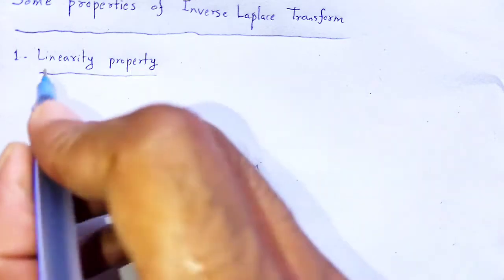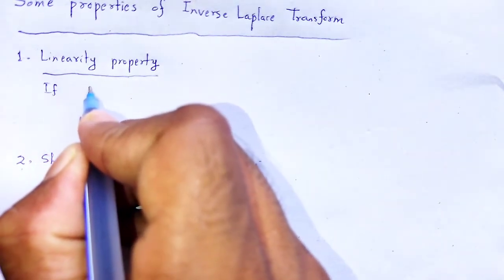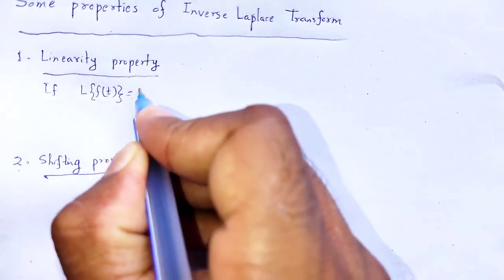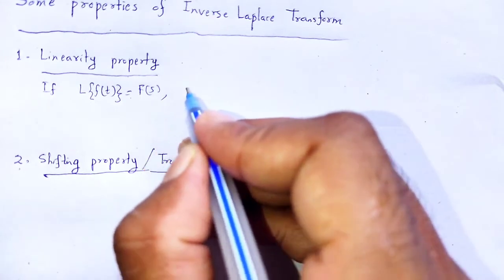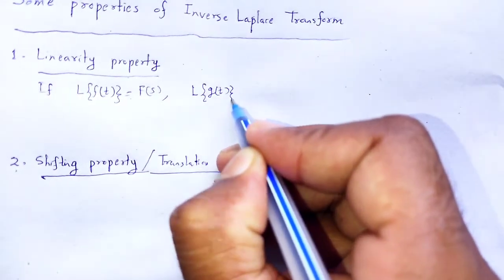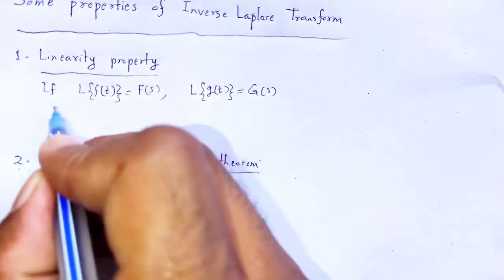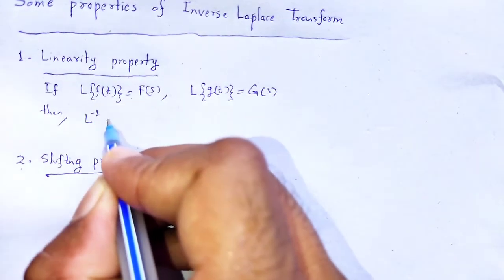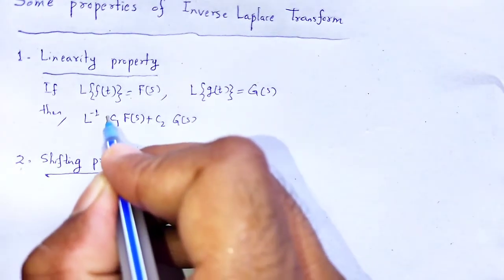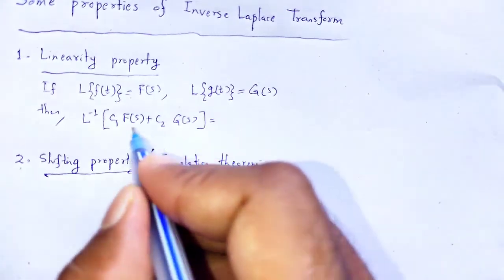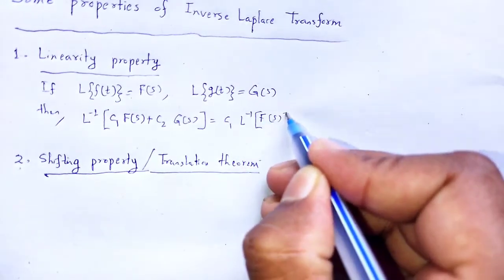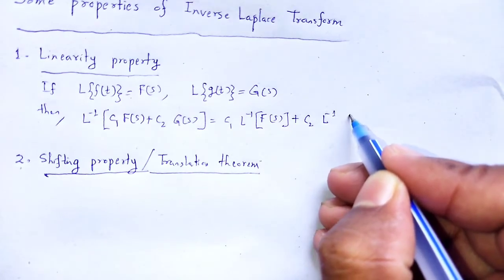First, linearity property. If f of t is a function and its Laplace transform gives rise to F of s, and another function g of t and its Laplace transform gives rise to G of s, then the inverse Laplace transform of c1 F of s plus c2 G of s, where c1 and c2 are constants, is c1 times the inverse Laplace transform of F of s plus c2 times the inverse Laplace transform of G of s,